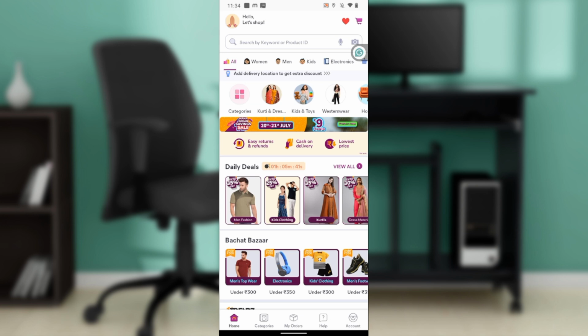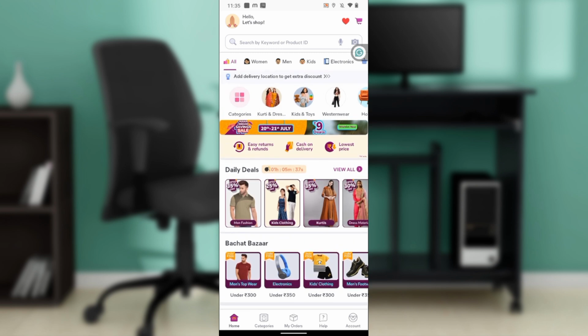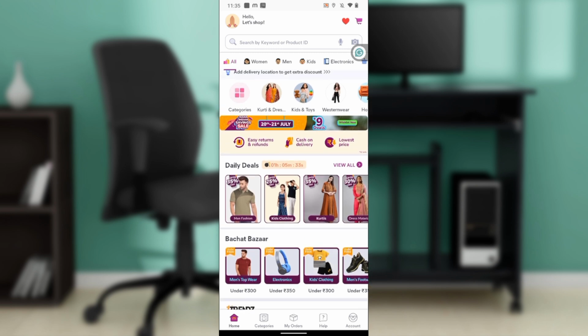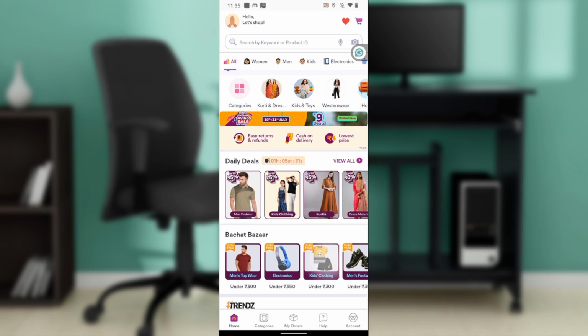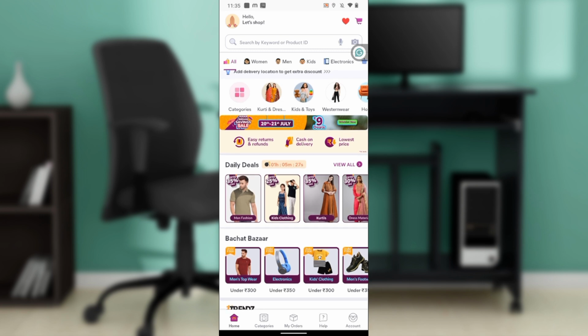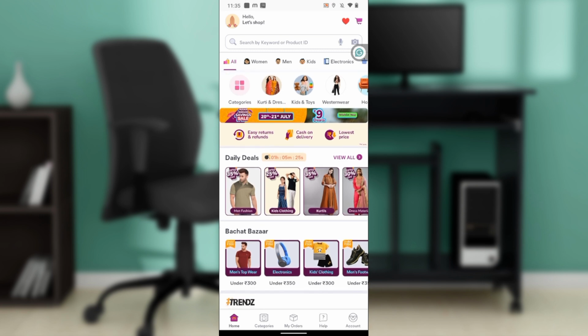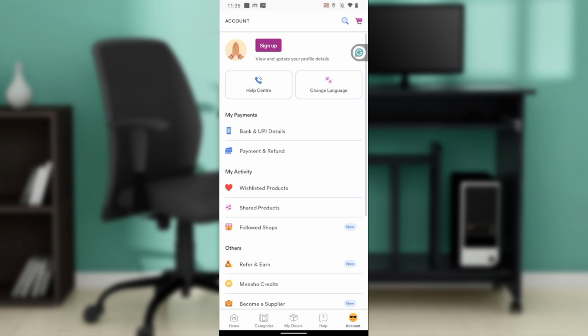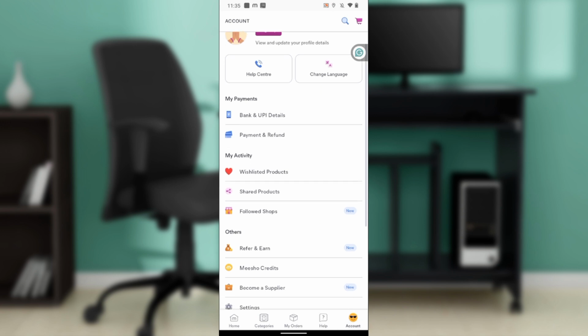So now that we're here, let's quickly hop into today's task, and that is how to sign up for the Meesho affiliate program. From this homepage, I'd like you to head over to the bottom of your screen where you have a couple of icons representing diverse features, and they include home, categories, my orders, help, and account. Go ahead and click on account, and that takes you into this window where you have a couple of features